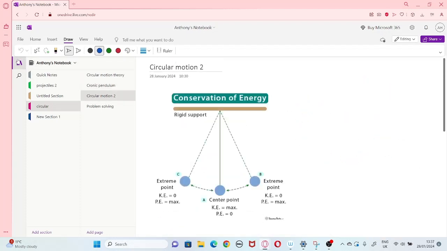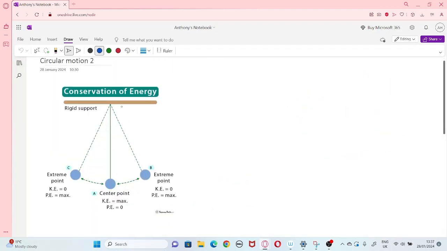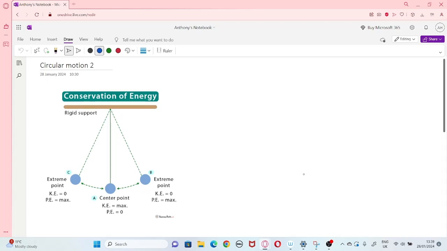The next bit is circular motion 2. So say you've got an object at point A. If we raise that object to point B, we're providing work onto the object, so the object gains potential energy. Once at point B, we release the object, and the object will begin to accelerate towards the center, as potential energy will be converted into kinetic energy,